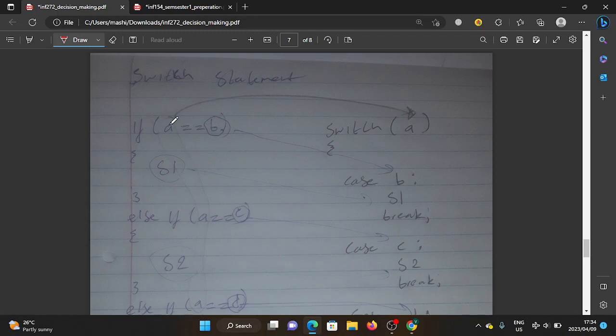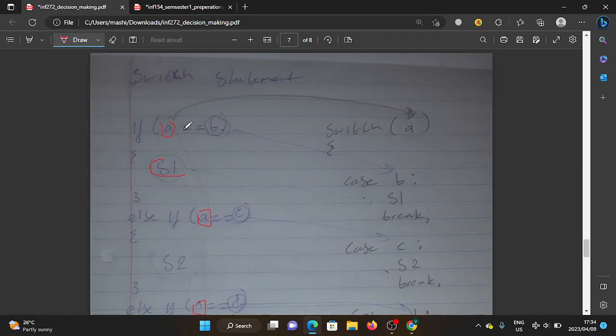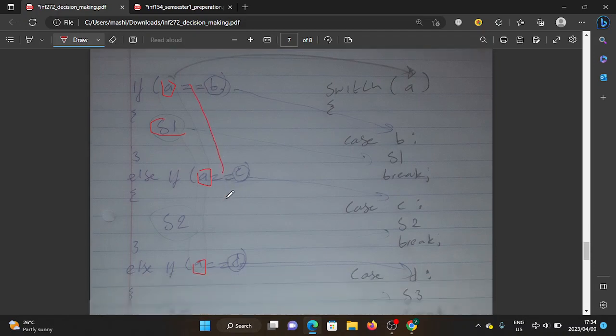So you must have a. First you are saying if a is equals to b, we execute S1. Notice we have a, right? Then let's move to else if a. You see, it's all about a here. Then else if a again. Then another important thing is the equals to. So if a is equals to,